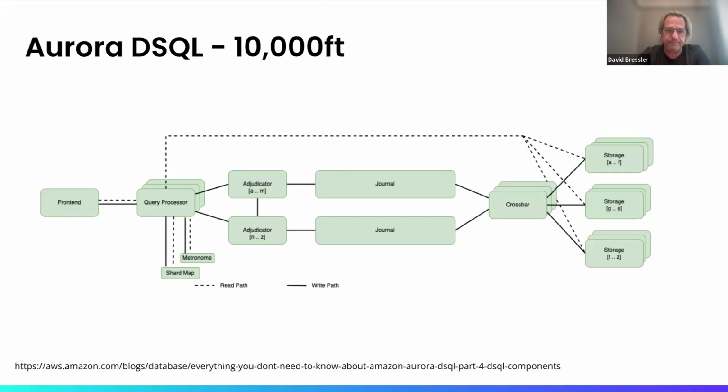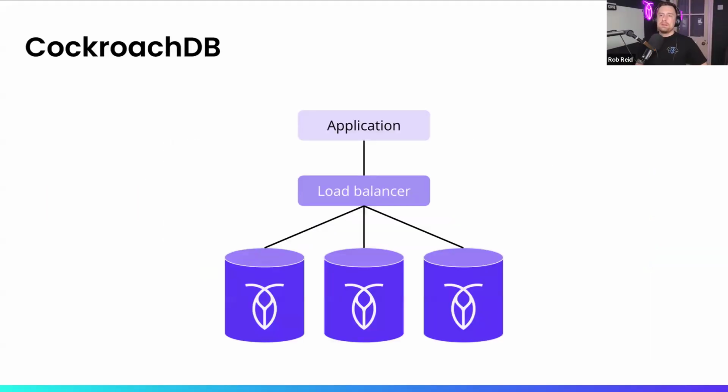Yeah, thank you. So moving on to CockroachDB, the architecture obviously looks quite different to DSQL. DSQL uses components that already existed within AWS and some brand new ones. In CockroachDB, it's just one binary. Each of these nodes is running on a different machine, I would hope, but it's an identical binary. The nodes talk amongst themselves to rebalance data, to self-heal, and to manage the distribution and replication of data.